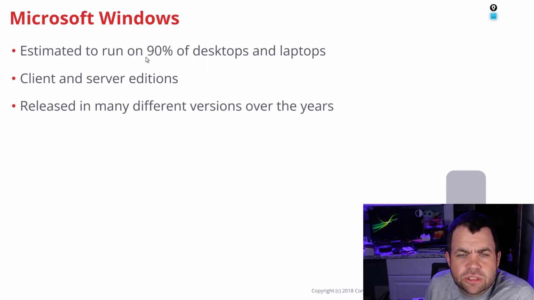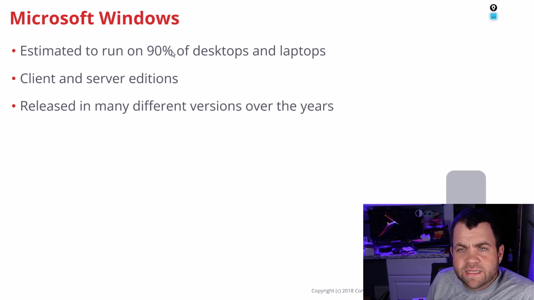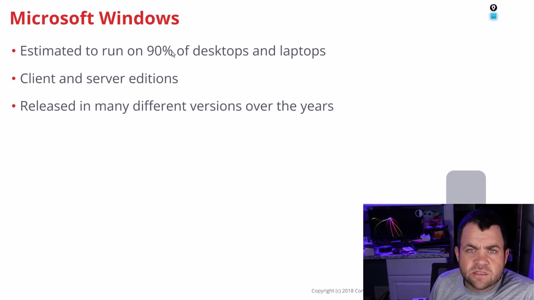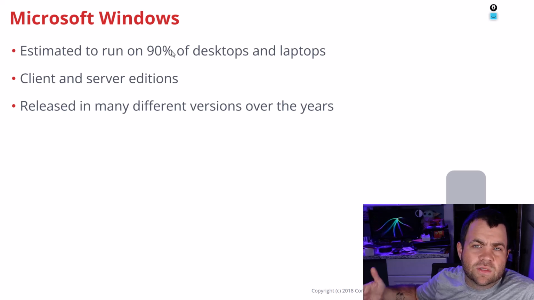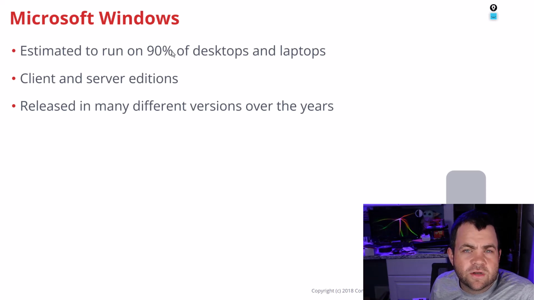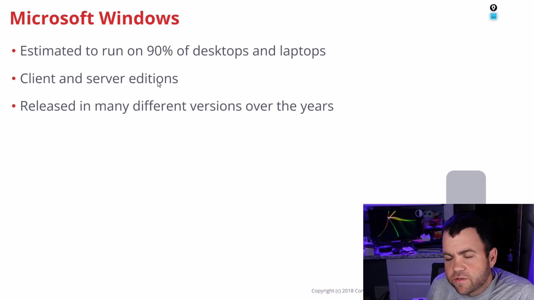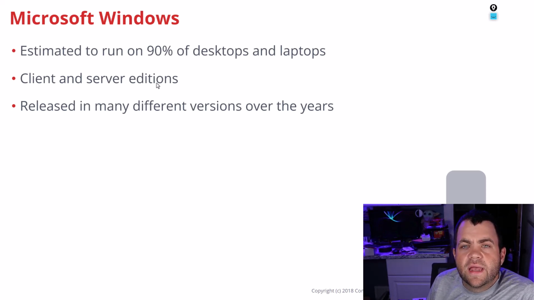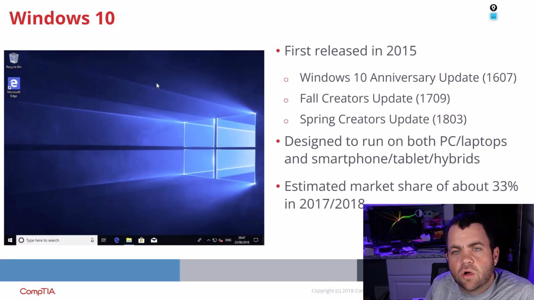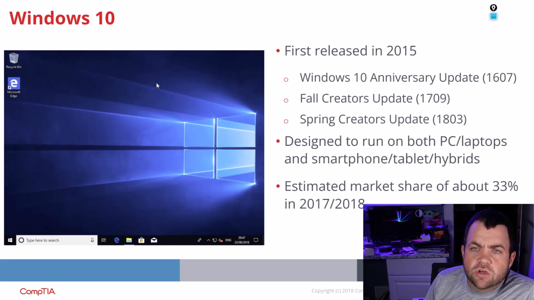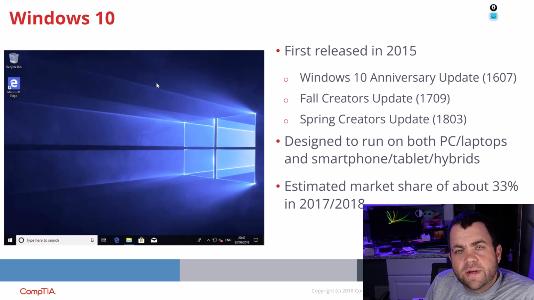It's just a lot easier to manage a Windows machine because that's how it was developed from the very beginning. Also, compatibility. You might have large corporations that have a big investment in a certain software, and they need that backwards compatibility, and Microsoft Windows has really, really good backwards compatibility. There are both client and server editions, like we talked about earlier, and there have been many different versions over the years. So for the test, they're going to be primarily talking about Windows 10, first released in 2015,